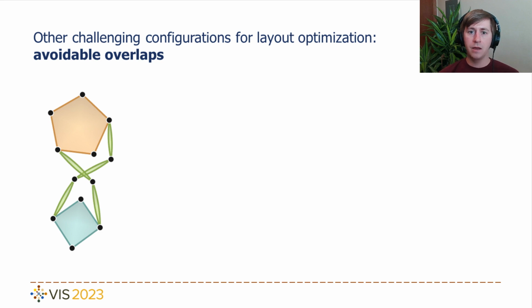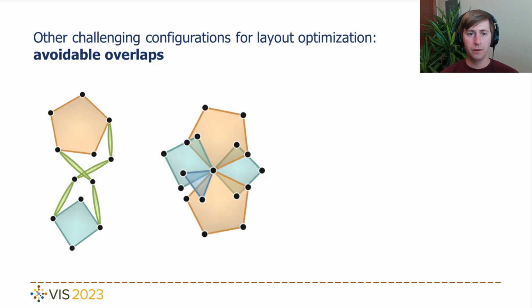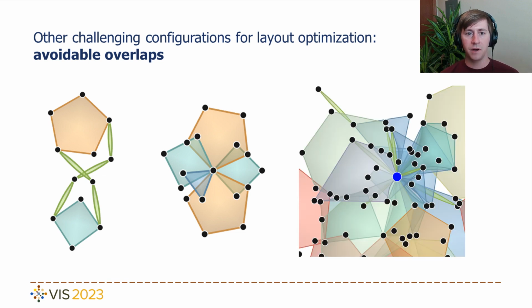Aside from the issue of planarity, there are other configurations which are challenging for automatic layout optimization. For example, certain initial layouts can lead to a non-convex optimization objective function, as is the case in this example, where we would need to either increase the amount of polygon overlaps or decrease polygon regularity to untangle this cycle structure. Another challenging case is when we have a particularly high degree vertex with not enough angular space around it for all the incident hyperedges to be drawn as regular polygons. On their own, these 2 cases are still somewhat readable, but they become much worse as we increase the scale. In this example on the right, there are far too many overlapping polygons around the central blue vertex to distinguish